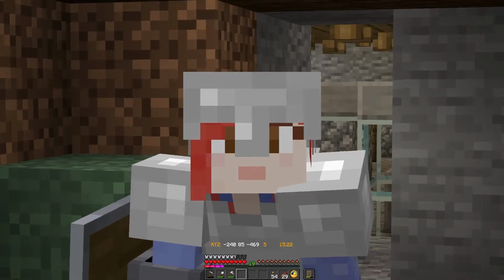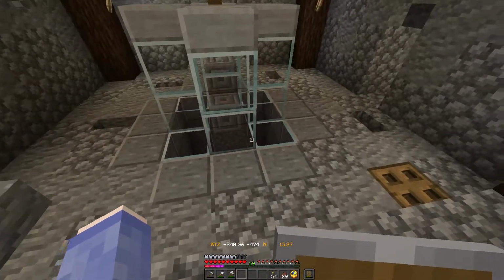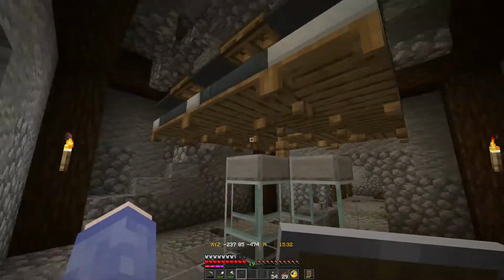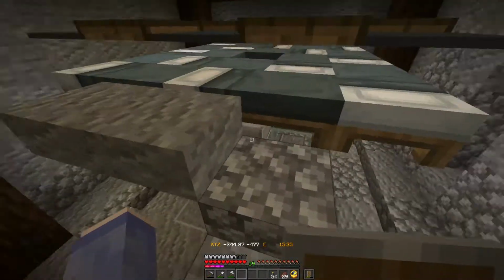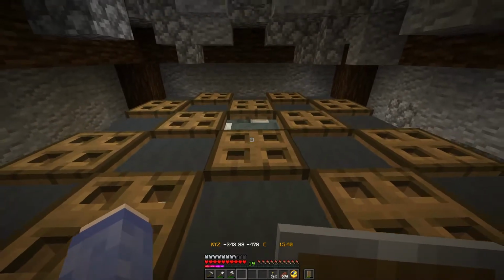Haha! Making progress! Oh yeah! I'm really happy with what I've done so far. So this is the main chamber, and obviously this is where the breeders are. If we come up these steps, this will give me access to the villagers, which will eventually be...